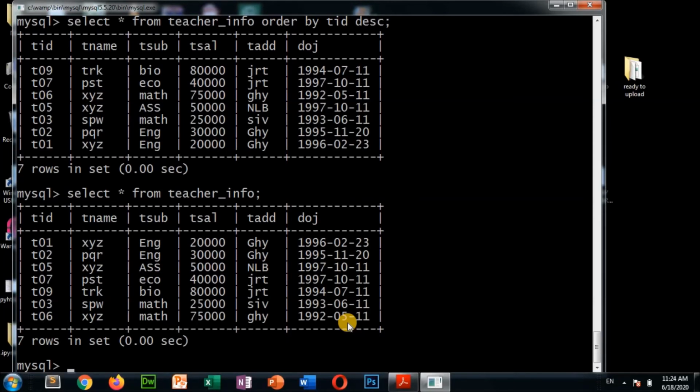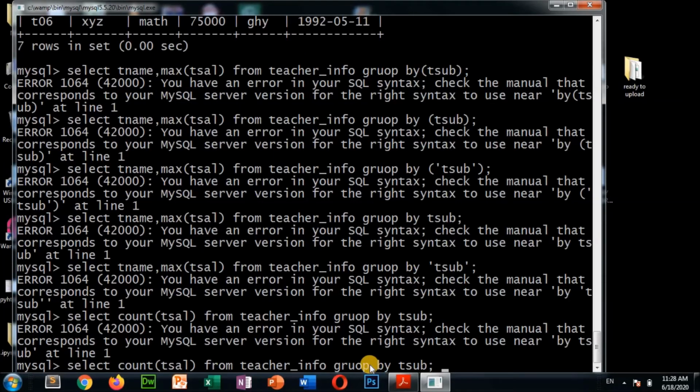Close group by having, okay, group by. In group by what you can do, see, suppose the maximum salary for the teacher in English department, in maths department, in Assamese department, department wise you want to display the maximum salary, who is getting the maximum salary department wise. For that case you can